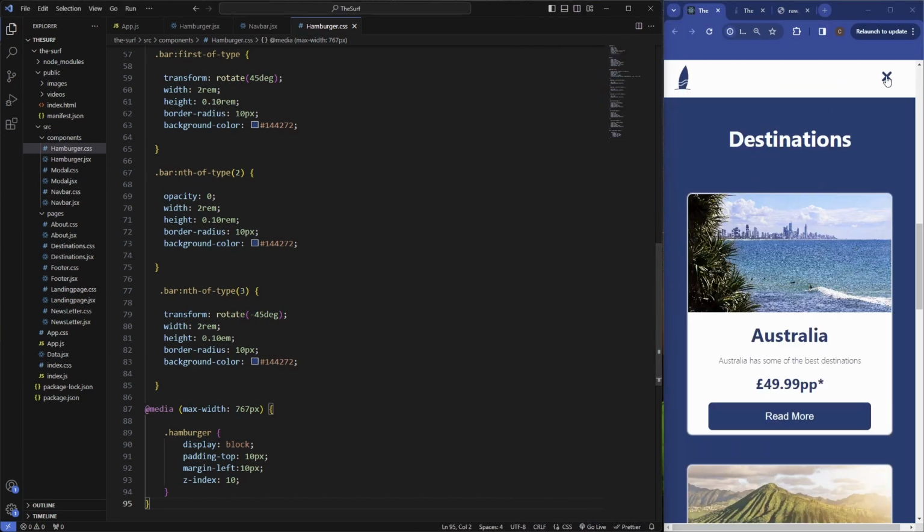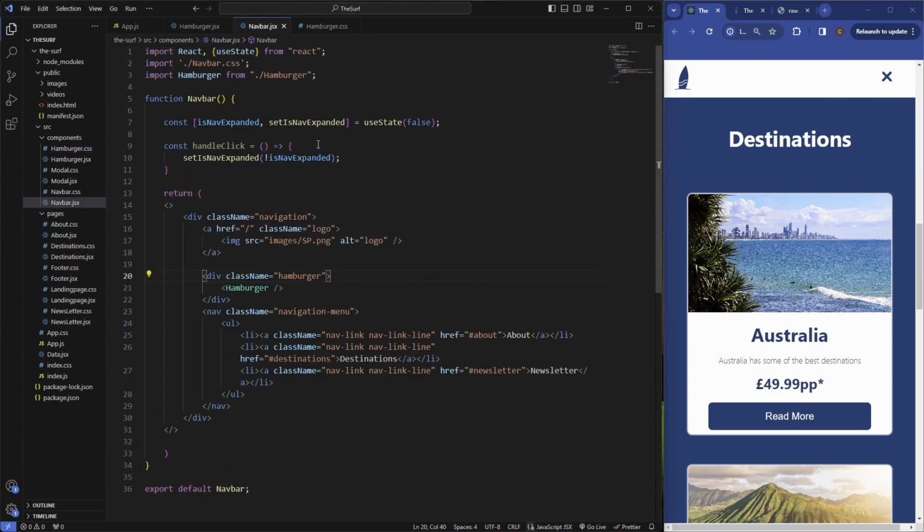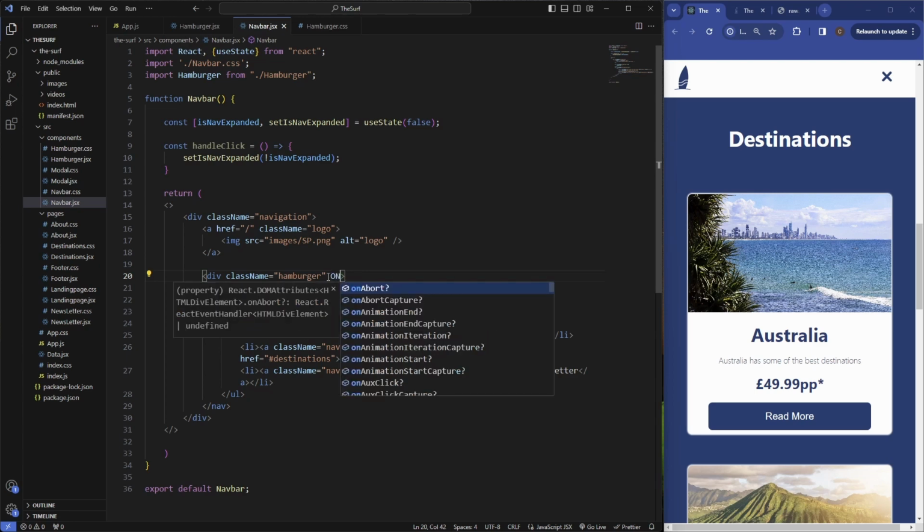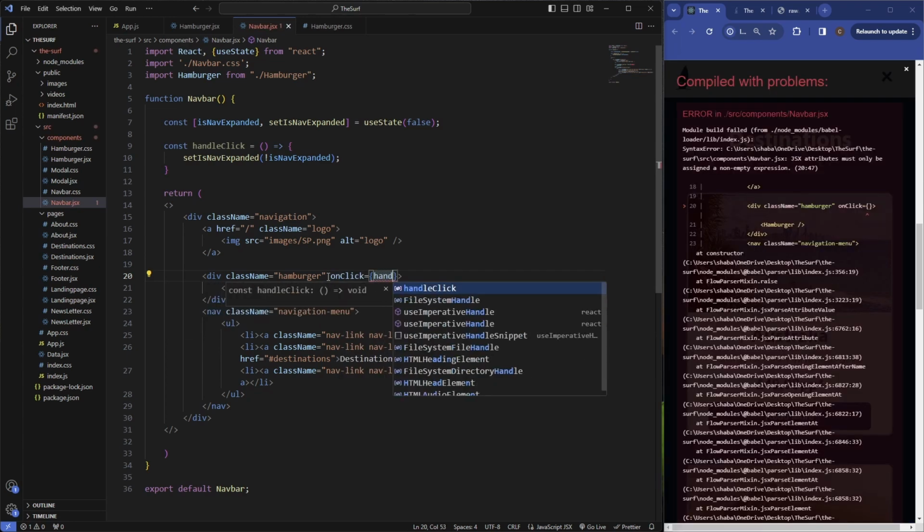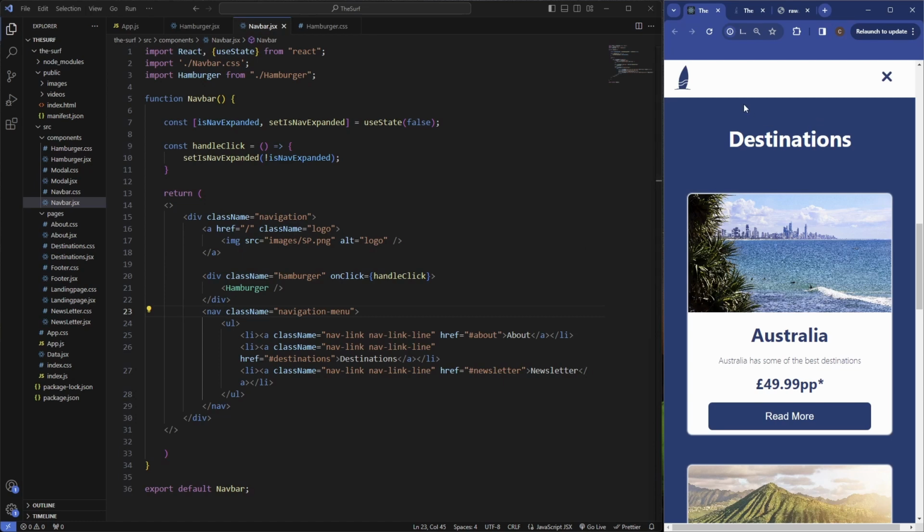And as you can see, there's our cross now. Now this hasn't actually got any functionality yet because we need to include all of that, but there's essentially our hamburger menu at the moment. So firstly we want to use the function that we created here to show us the hamburger menu. So we'll just say on click equal handle click,